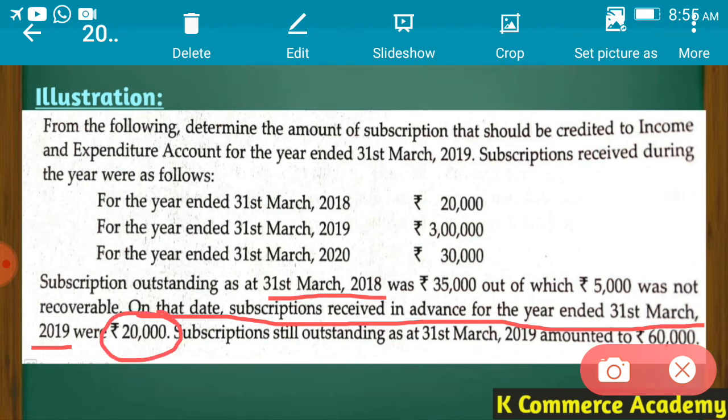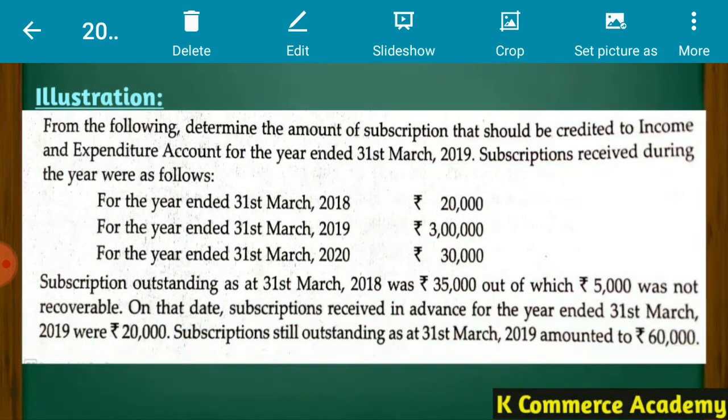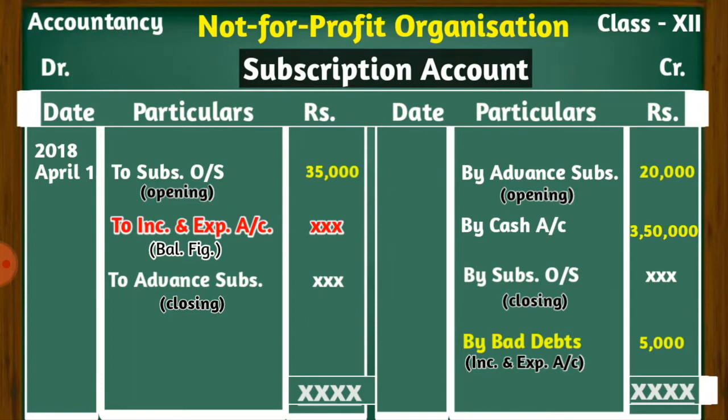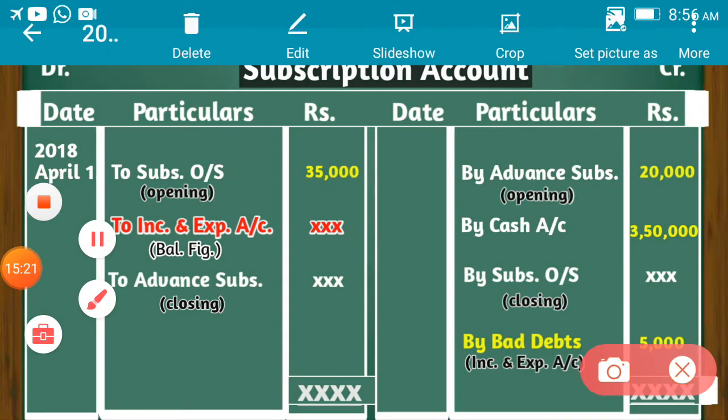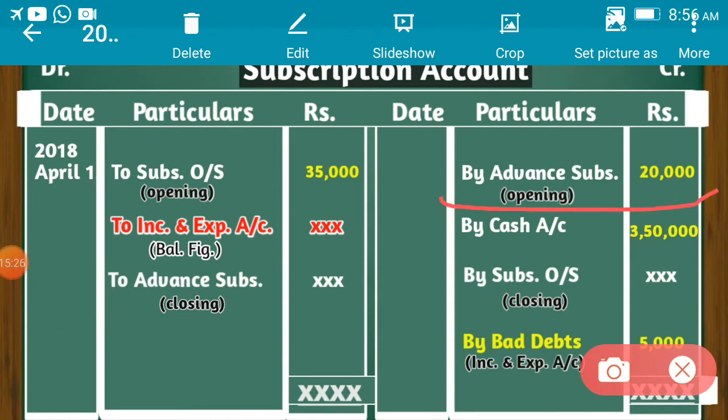It means on the same day, 31st March 2018, subscriptions received in advance is rupees 20,000. Opening advance subscription is rupees 20,000. And where is opening advance subscription shown in this statement? It will be shown as by advance subscription opening rupees 20,000. You can just check. Fixed format is there, we just have to fill the amounts appropriately. Let us move further.